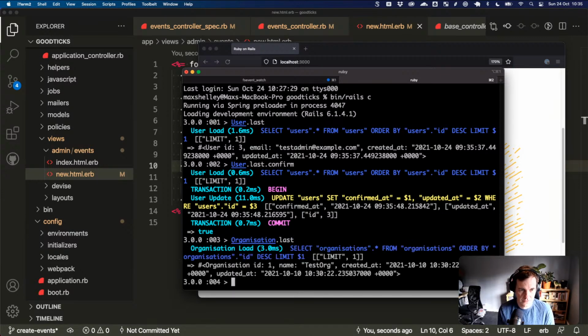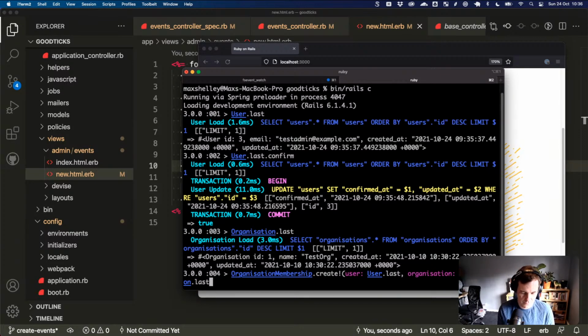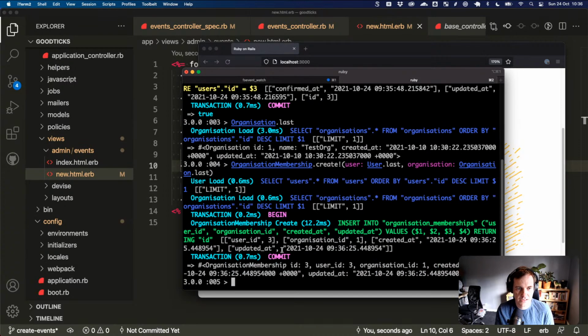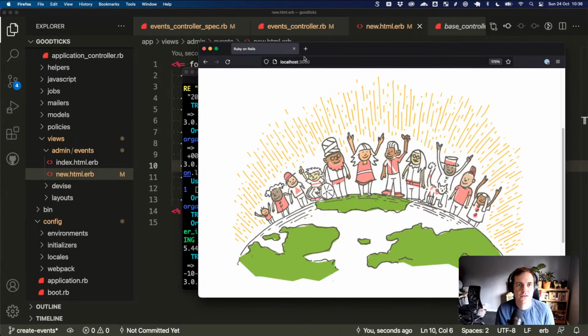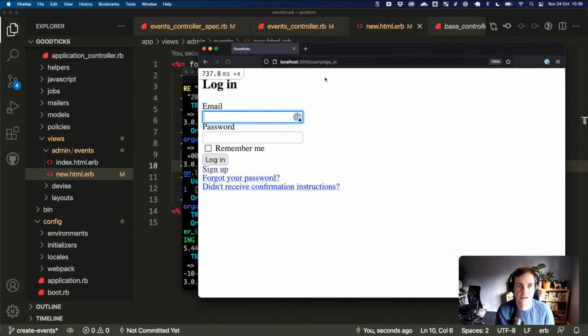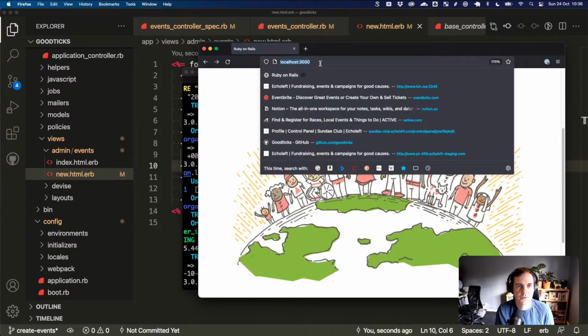And what we want to do is say Organization.last. Is there? Yep, great. So we can say OrganizationMembership.create. We're just doing all of this really quickly, and we can say that the user is User.last, and the organization is Organization.last. Great, and that's been created, and the organization ID is 1. So now when we go to that admin, okay, that's still not working. It should be